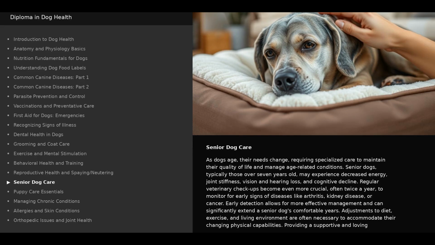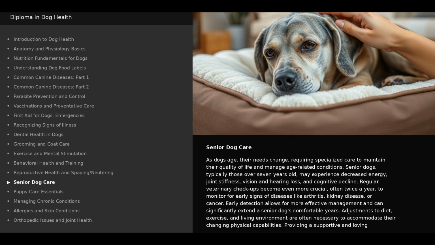Senior dog care. As dogs age, their needs change, requiring specialized care to maintain their quality of life and manage age-related conditions. Senior dogs, typically those over 7 years old, may experience decreased energy, joint stiffness, vision and hearing loss, and cognitive decline. Regular veterinary checkups become even more crucial, often twice a year, to monitor for early signs of diseases like